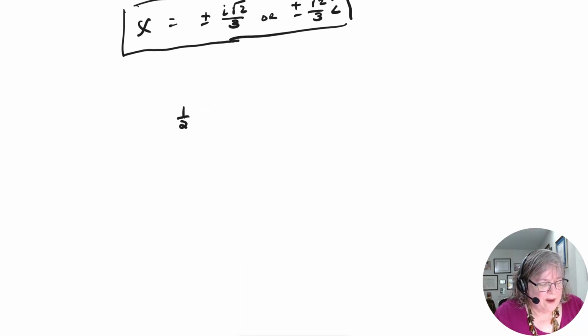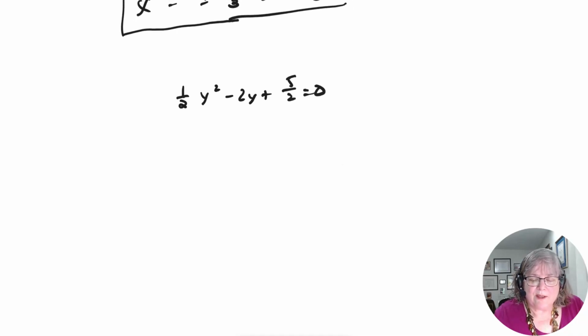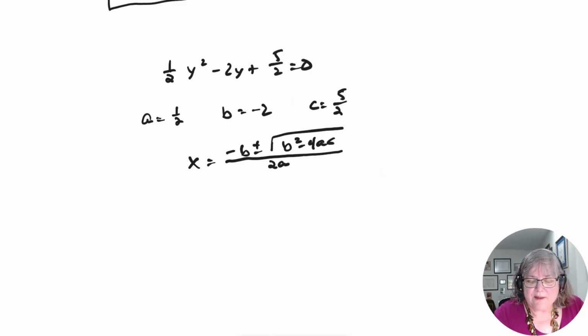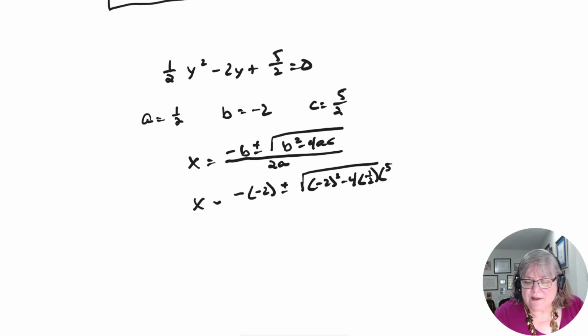What if you have 1/2 y squared minus 2y plus 5/2 is equal to 0? And you go, well, it's equal to 0, so that makes me feel good. A is 1/2, B is negative 2. Whoops, how about a negative 2? C is 5/2. One more time. X equals minus b plus or minus square root b squared minus 4ac all over 2a. So x is minus 2 plus or minus 2 squared minus 4 times a times c all over 2 times